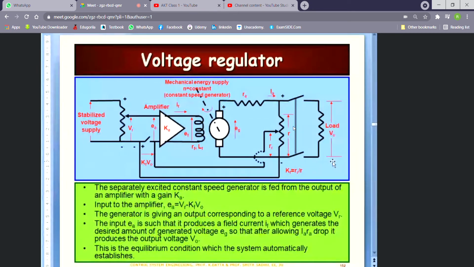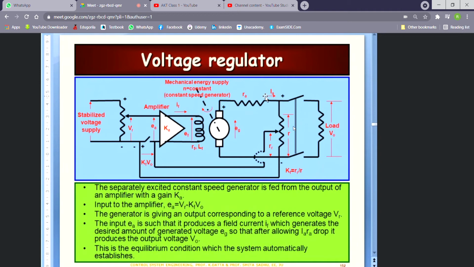And if there is a deviation from the desired output voltage, say for example, VO is the desired output voltage and should remain at VO at all times. Now, if for some reason the voltage at the output side has changed from VO to some other close enough value, but not exactly VO, then this overall system should have the capability of bringing back the voltage to its previously pre-specified level. That is, it should come back to VO by means of a corrective action taking place in the rest of the system. That is the overall function of the voltage regulator.